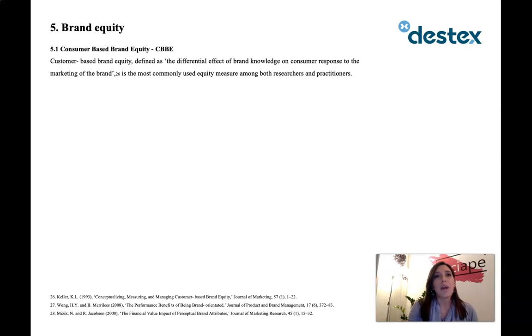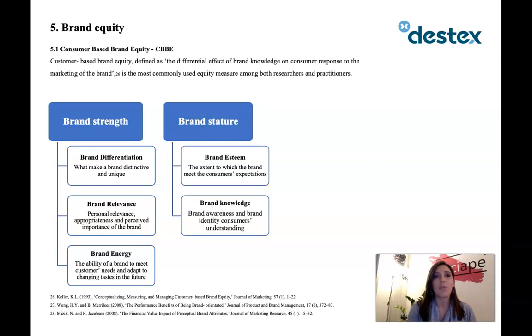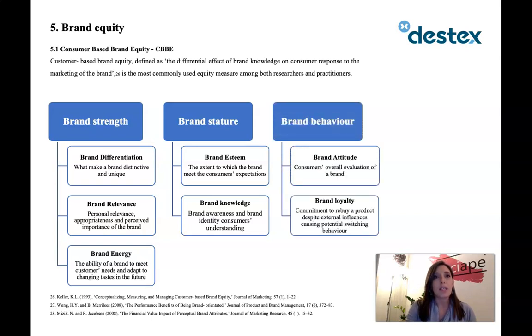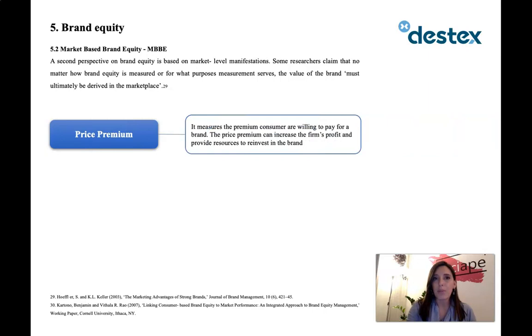We can measure the brand equity in relationship: brand strength in terms of distinctiveness, perceived importance, need satisfaction; brand stature in terms of ability to meet the consumer's expectations and brand awareness; brand behavior in terms of brand evaluation and loyalty. Another brand equity measure is the market-based brand equity that takes into consideration the following variables: price premium, measuring